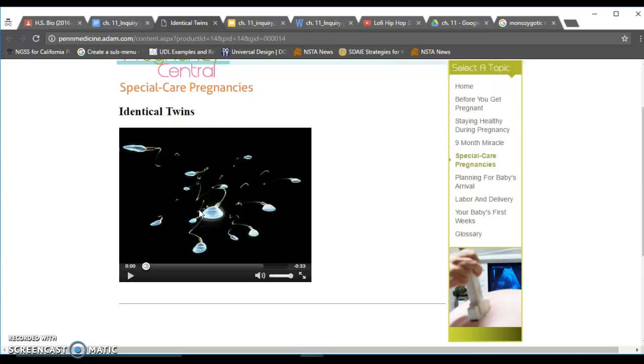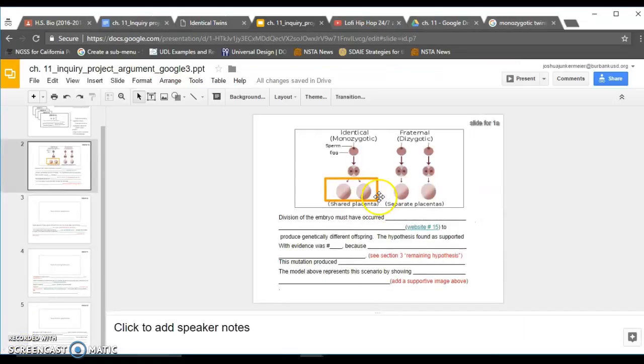So if we're still not sure of when we think the mutation happened between Colin and Dylan to allow them to be different, watch this video to try to get a better sense of when you think that happened. I'm not going to play it, but it's only 33 seconds long. So you'd watch the video. All right, so after watching the video, you want to decide where in this picture you think the mutation happened to make Colin and Dylan different. Which one of these points here, or sections of division. The initial fertilization,